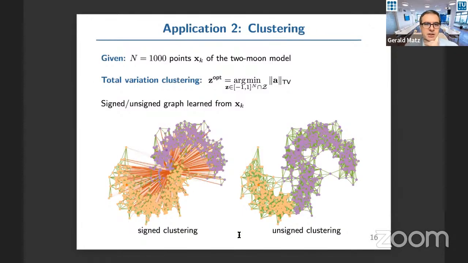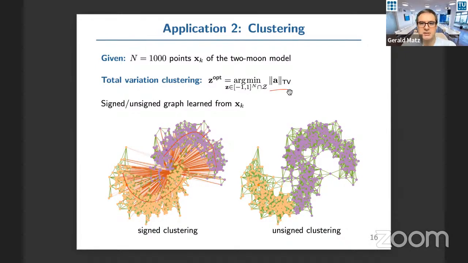Similar kinds of advantages we saw in clustering. Here there's a simple example, a classical data set used in clustering, the so-called two-moon model, where essentially you have two half moons looking more or less something like this, and the data points are scattered around these two half moons, and then you want to separate and identify the points that belong to either of the two half moons. Okay. And so in this case, we were using total variation as our metric for the clustering,